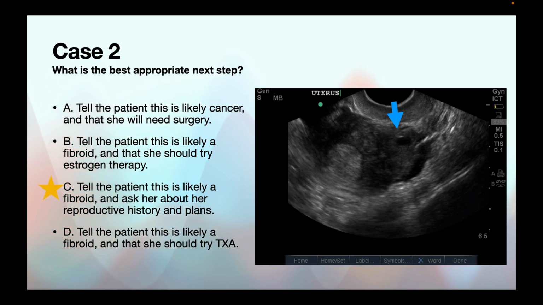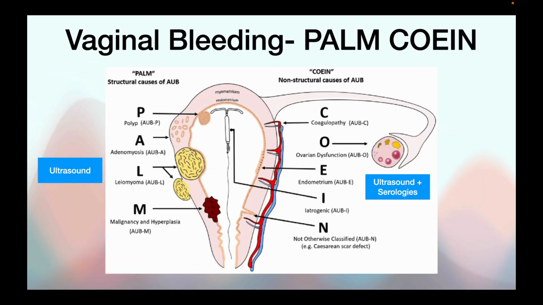If you guys said that it depends on her reproductive history and her plans, that is correct. So this mnemonic, POM COEIN, is a very, very helpful mnemonic for the causes of vaginal bleeding, from structural to non-structural, POM being structural, and essentially all things that you could diagnose on ultrasound. Whereas COEIN has things like coagulopathy, ovarian dysfunction, iatrogenic causes, and those often depend on both ultrasound and some serologies